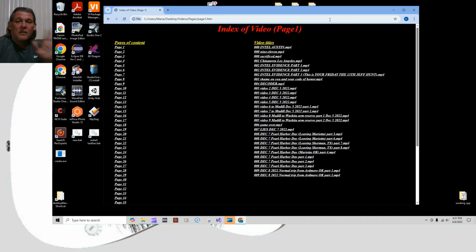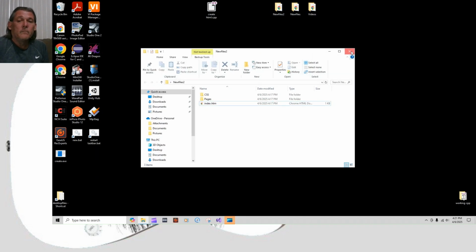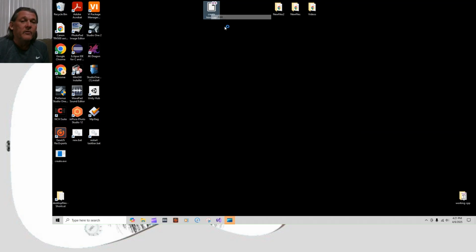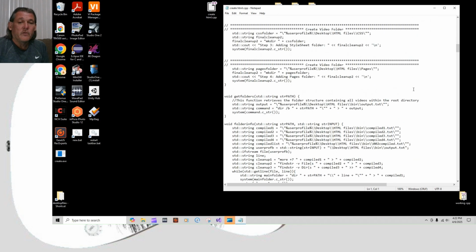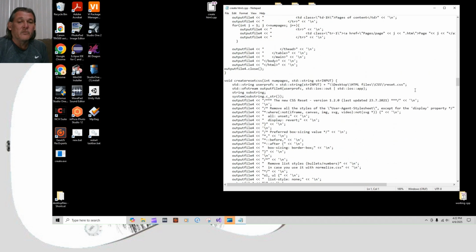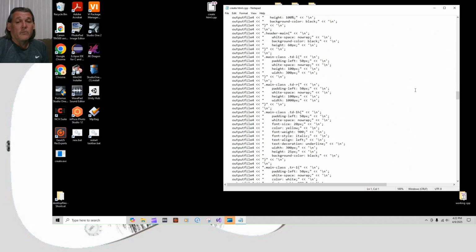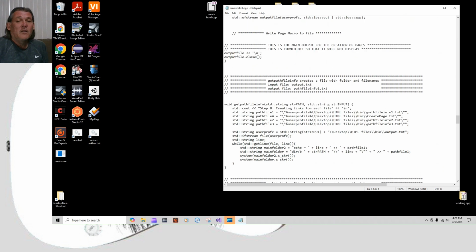Anyway, have a good one. The code. I'll post the code later. I have the code here. It takes a long time to copy all this stuff, but this is the actual code used to write it. It's a lot of stuff in here, a lot of subroutines. A lot of it was reused from the last one. There are certain things I had to do that were different, which is